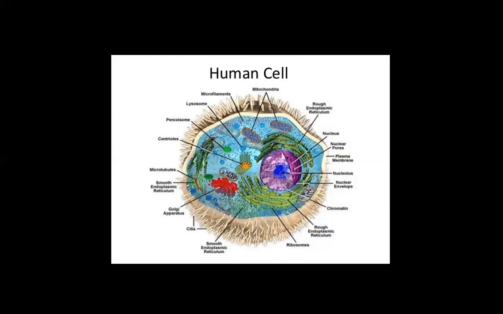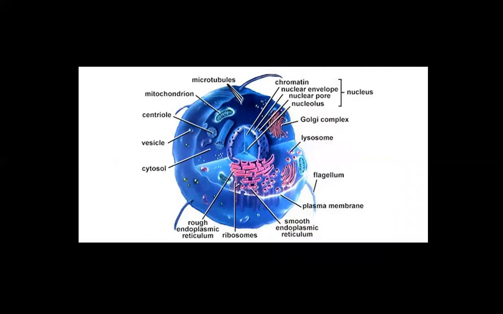So let's see in what way this could be relevant to architecture. What do we read here? Microtubules, mitochondrion, centriole, vesicle, cytosol, rough endoplasmic reticulum, ribosomes. By the way, Dr. Palade discovered the ribosomes. He was the one who discovered them, and apparently this was a very important discovery. Smooth endoplasmic reticulum, plasma membrane, flagellum, lysosome, Golgi complex, chromatin, nuclear envelope, nuclear pore, nucleolus. All these words